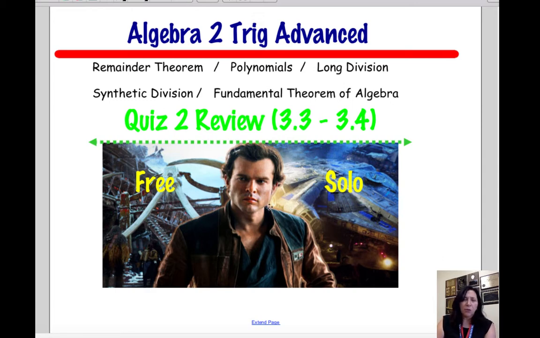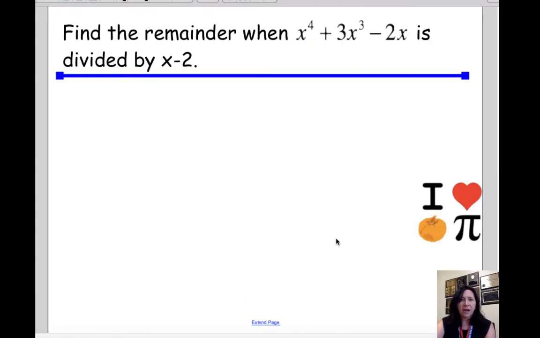This is a review for quiz number 2 for chapter 3. This is going to cover briefly remainder theorem, synthetic division, polynomials, long division, and the fundamental theorem of algebra. So let's get started. The first question says find the remainder when you have this equation, and that is divided